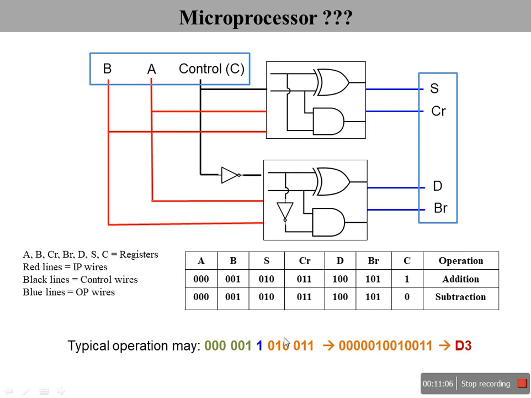Since it is difficult to remember sets of ones and zeros to program a microcontroller using machine language, another language was brought in, called assembly language. So what is done in assembly language? These sets of ones and zeros are given some mnemonics based on their functionality. Say this set of ones and zeros is for addition, then you say ADD. ADD is a mnemonic. Then you could say A and B, so you can say ADD A comma B. This kind of mnemonics forms an assembly language.